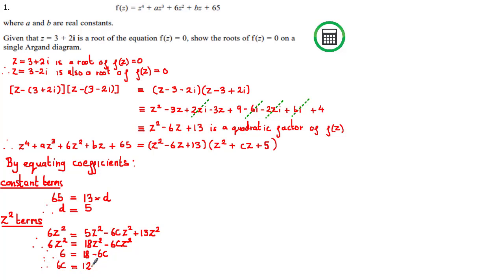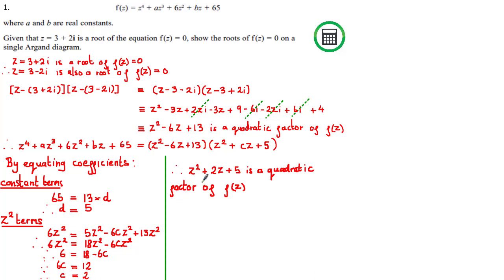And dividing both sides of the equation by 6, we get that c is equal to 2. So now we've found all the coefficients of our quadratic factor. It follows that z squared plus 2z plus 5 is a quadratic factor of f of z. And so we can work out the remaining roots of f of z by solving the equation z squared plus